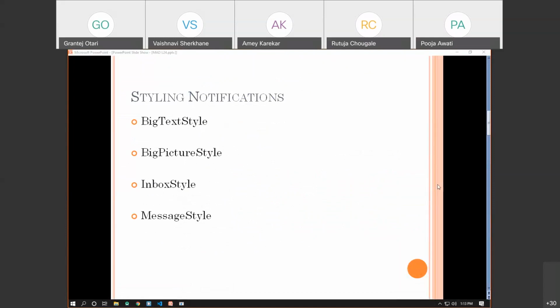So what we have seen today is how to handle actions with notifications, and also how we can apply styles to notifications. Okay, so I think here we complete chapter number 5. From the next chapter, we are going to start with the SQLite database. So if you have studied database connectivity in third year, please brush up your concepts because we are actually using some of those concepts in this particular lecture. Please clear your concepts about database connectivity because from the next lecture we are going to start with SQLite.